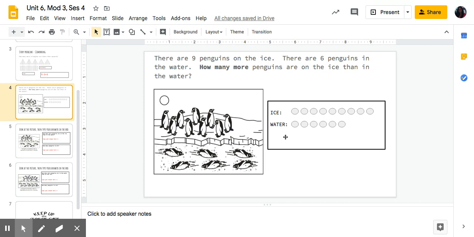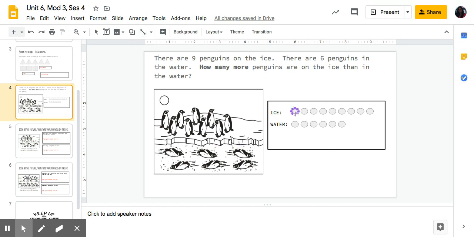So I already drew over here for you 9 circles to represent the 9 penguins that are on the ice. And then I drew 6 circles to represent the 6 penguins that are in the water. Just like we did before, I want to see what is the same and what's different. So let's compare